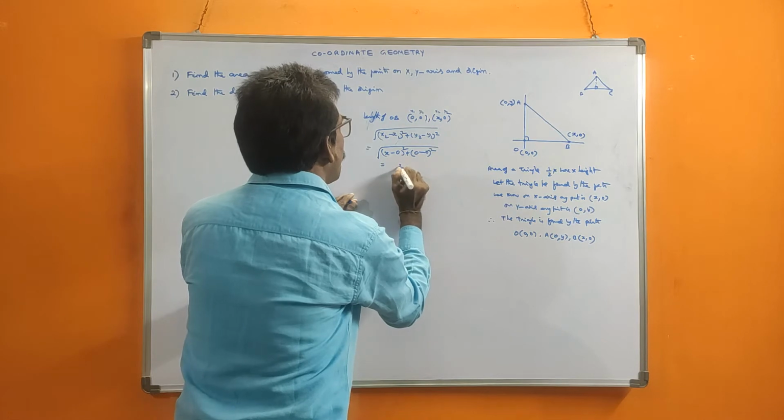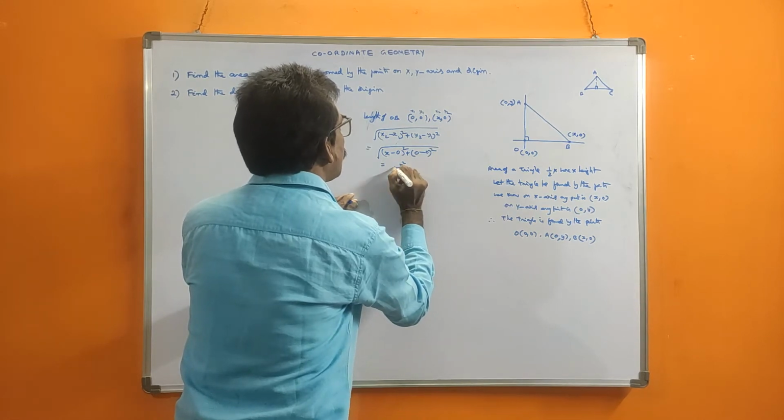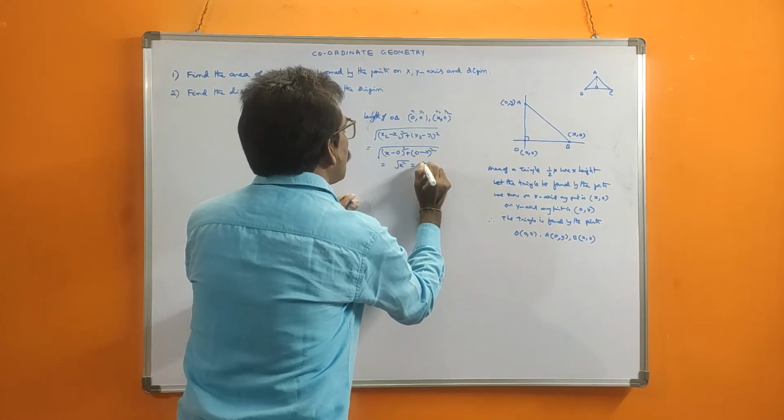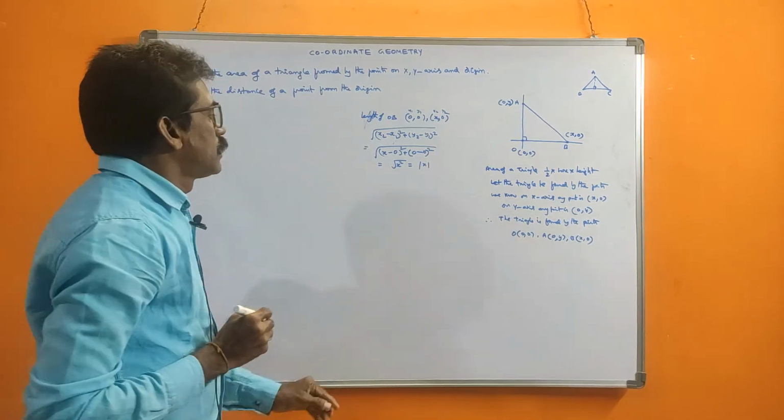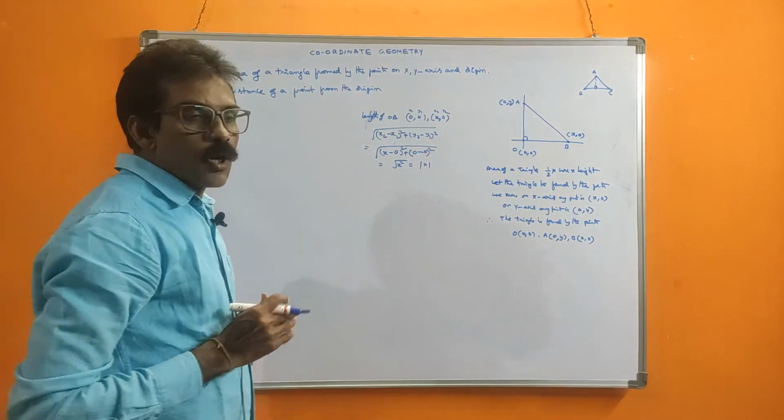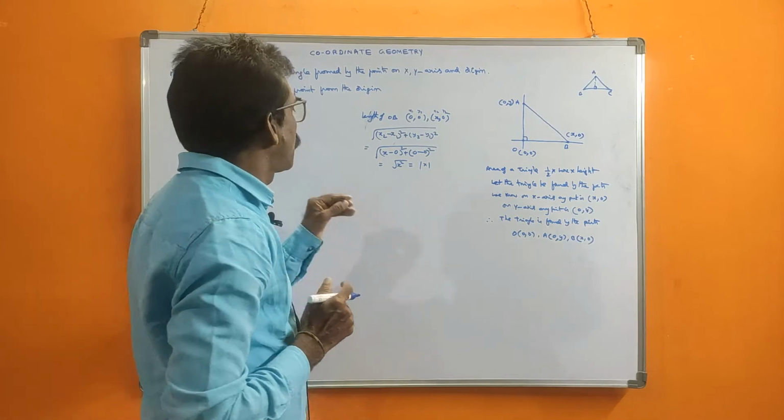So that is only x square. This is 0 already. So this is mod of x. Plus or minus, that's why x square, root of any square is plus or minus, that's why. Now